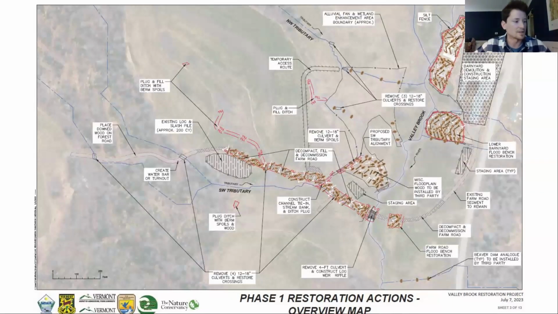So we came up with this really complicated plan. We had to get 6 permits. It was quite an ordeal, but it's a project that we pretty much threw everything we had at. This is exactly what Shayne meant when he said a hybrid between low-tech passive and active restoration. A lot of this work was done by hand. A lot of this work was done by equipment because a lot of the damage had been done by equipment, and you can't really reverse something that would take an army of laborers that put up the Tower of Giza to do by hand. So we got to do things effectively and at scale, and I think we did a pretty good job doing that on this project.